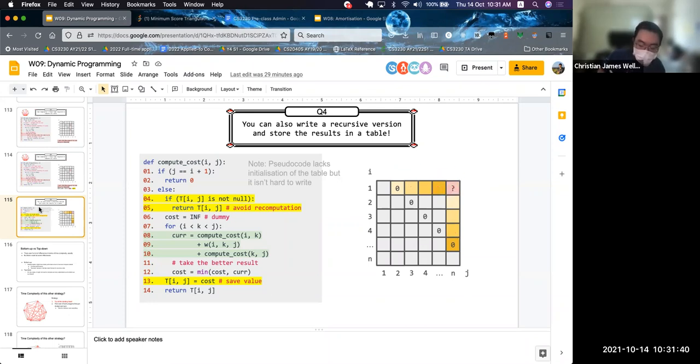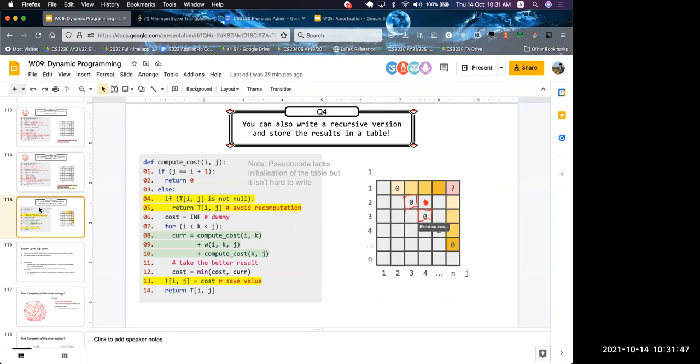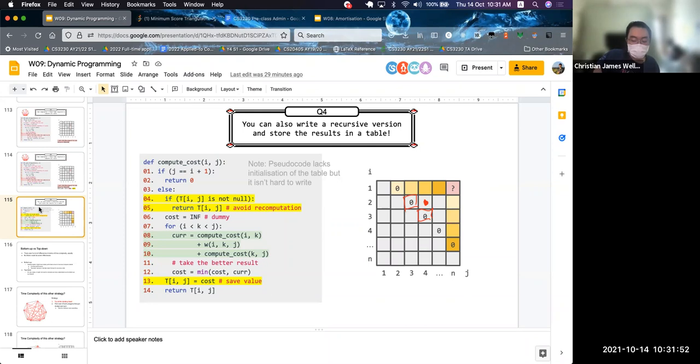But for other cells, it might not be the case. Sorry, the table is a bit small, but this guy over here only needs to compute here and here. Just compute this guy and this guy plus the weight, and you call it a day. So this takes O(1), constant time, for this particular cell. But the reason I upper bound it by O(n) is that it makes analysis easier, because it's hairy to reason about